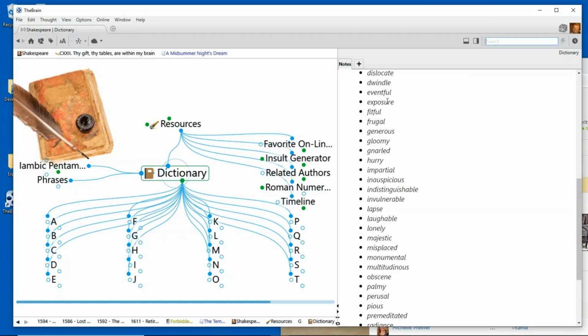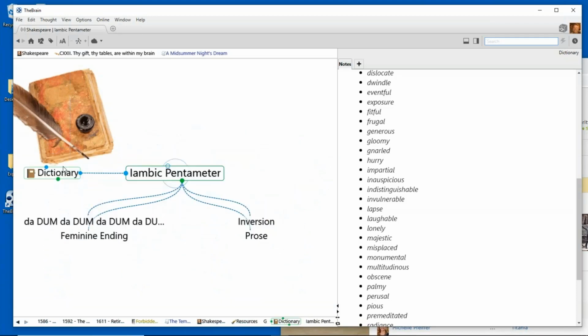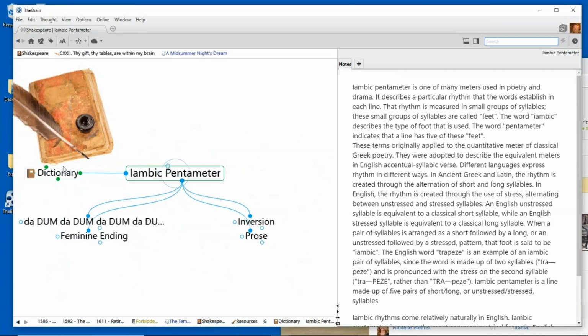Simple words like eventful, exposure, fitful, etc. Words that were first seen in Shakespearean plays. So Shakespeare has credit for over 1,700 English language words in our current dictionary. I've also got a link for current phrases and understanding iambic pentameter, which is his pattern that he would write